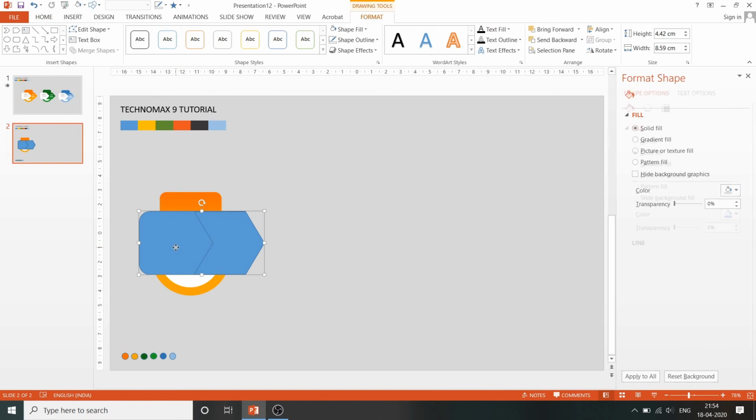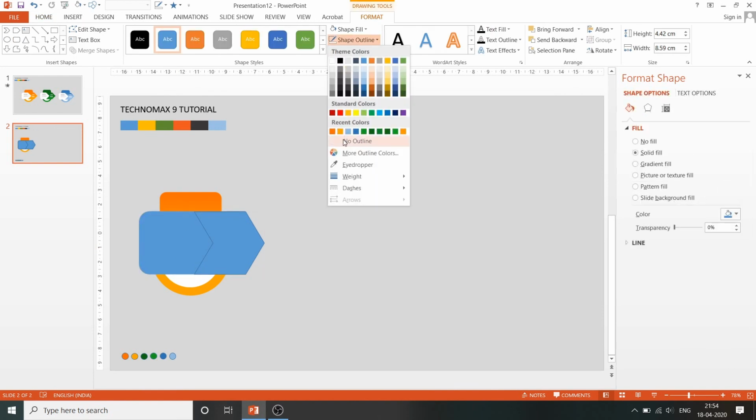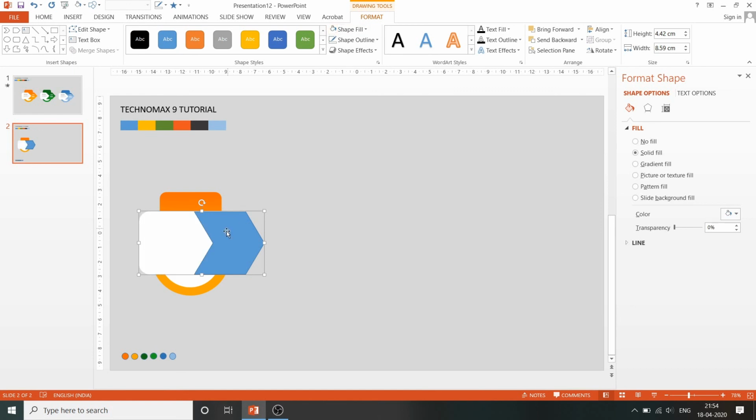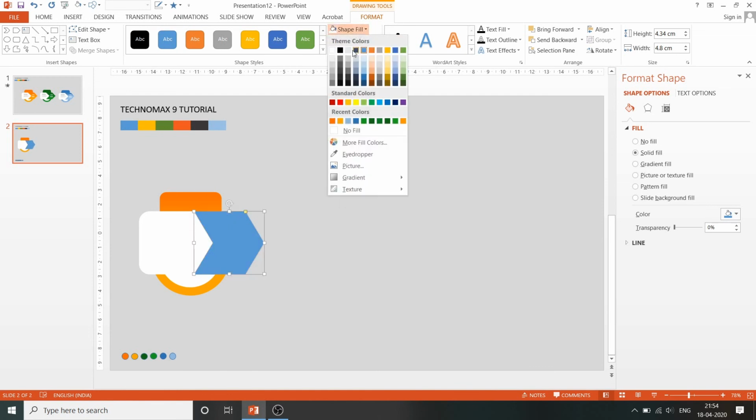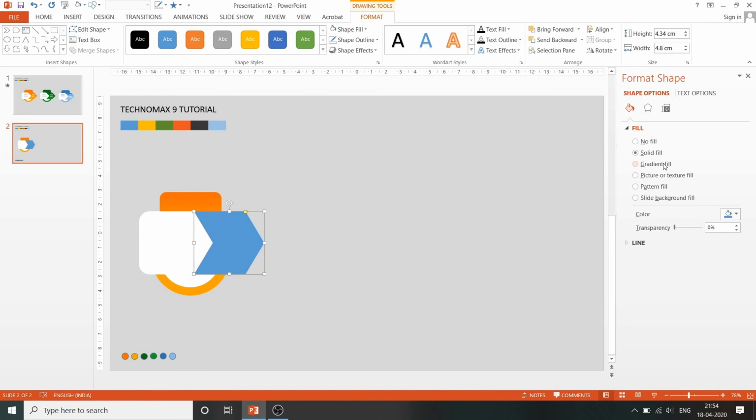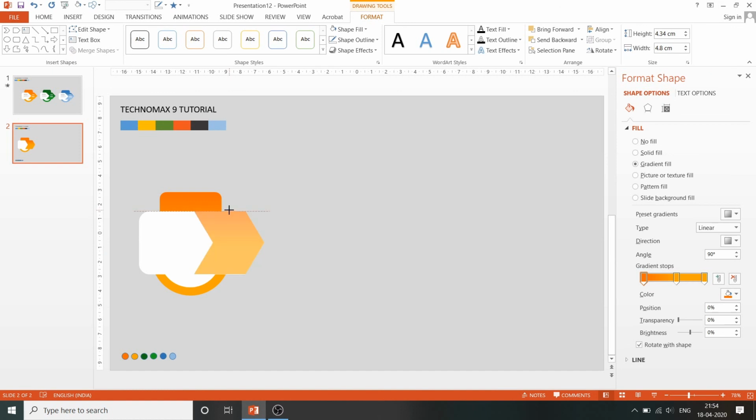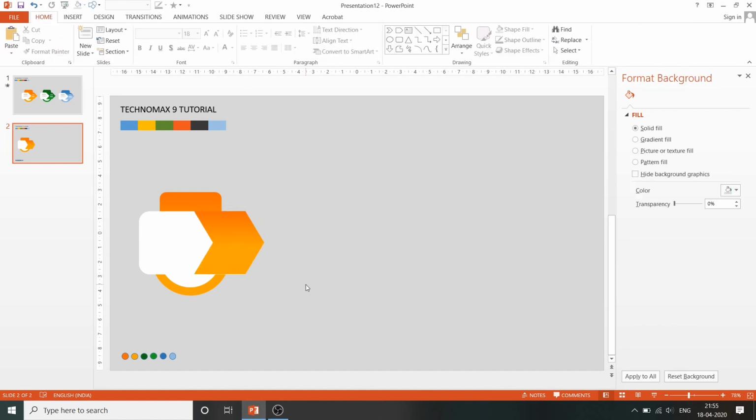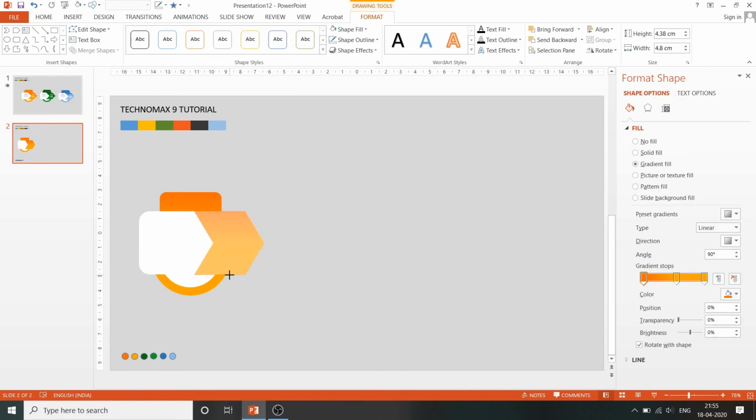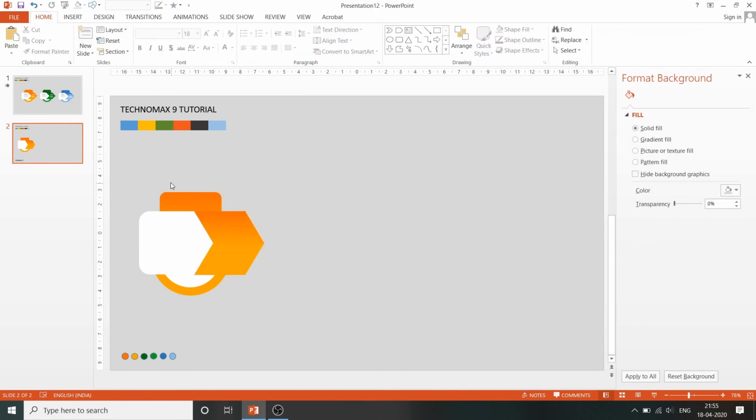Place it here. Now select this below one, shape outline, no outline, shape fill to white. Now select this, shape outline, no outline, then shape fill, go to gradients, gradient fill, and we just have to do that, and it will color by itself. Now select the last one,